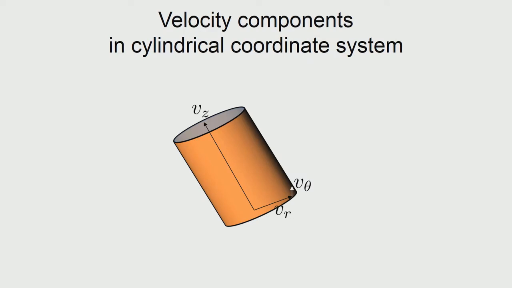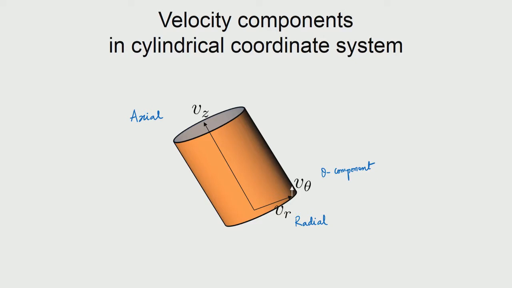Here is a depiction of how the components look. What we refer to as the axial component is along the z direction, which is along the axis of the cylinder, and the radial component goes from the center towards the periphery of the cylinder, and along the theta direction is the theta component. We have problems in which one or more of these components will be present, and we will take up problems one after the other to see how the equations can be solved.